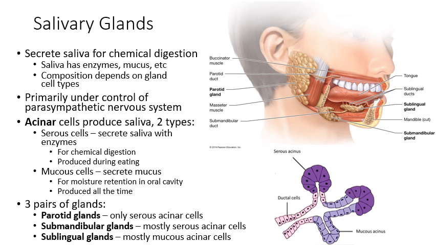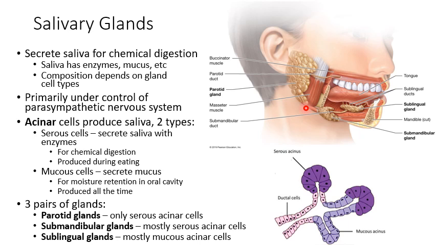The three types of salivary glands that you have are the parotid glands, the submandibular glands, and the sublingual glands. You have two of each of those glands, one on each side of the face. The parotid glands are the biggest ones. They're found in the cheeks. They only contain the serous acinar cells, so they can only make saliva that has the enzymes and is produced